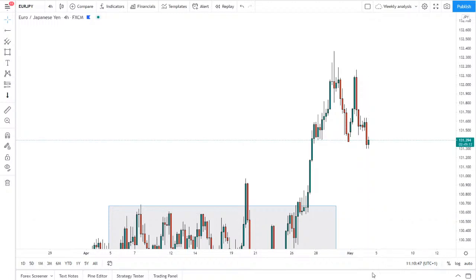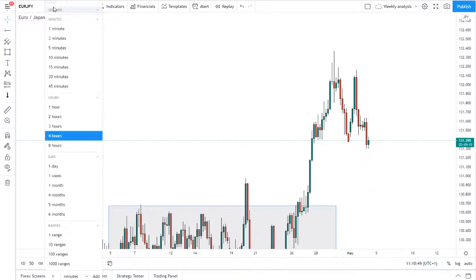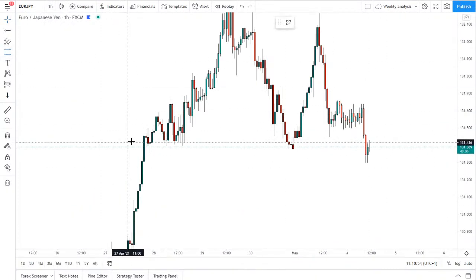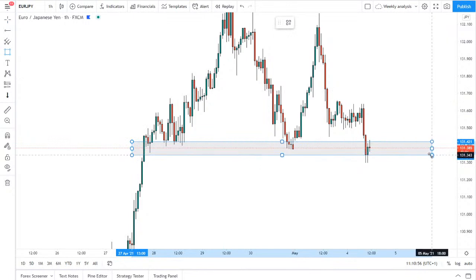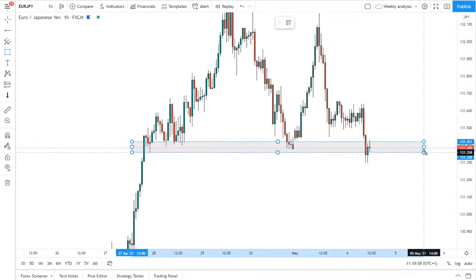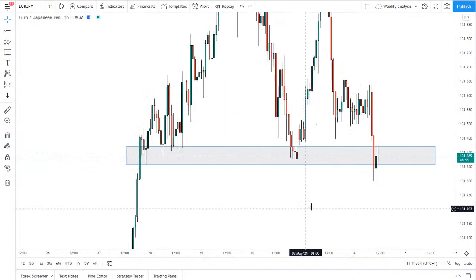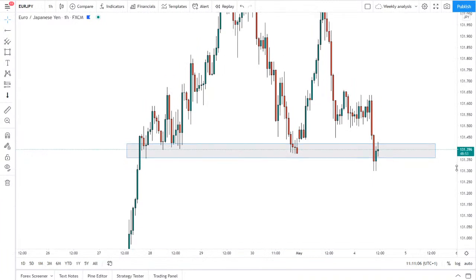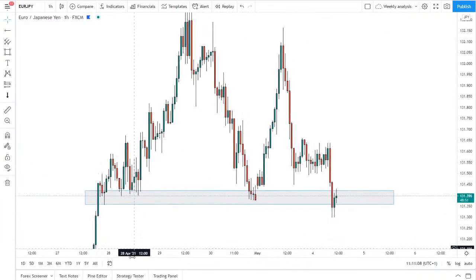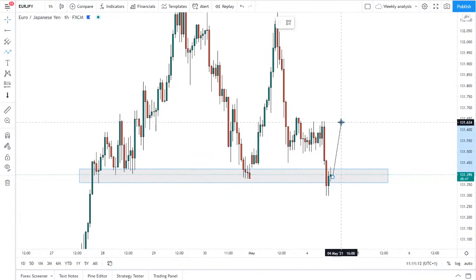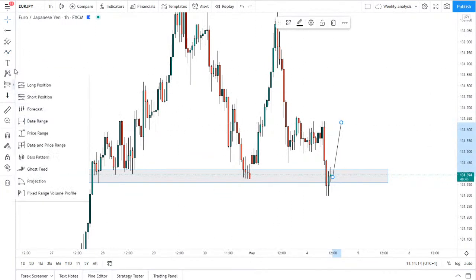So Euro JPY, if I jump to the hourly again, knowing that the higher time frames are still very bullish, we're coming back into this area of support here in the market. So we're coming back into an interesting area. We've poked just below it, as you can see here on the hourly. So a nice wick below as well. I think we are still hanging on to this area, and if we do, I think we'll probably see another bullish reaction to the upside here for Euro JPY, at least back into this area of resistance,